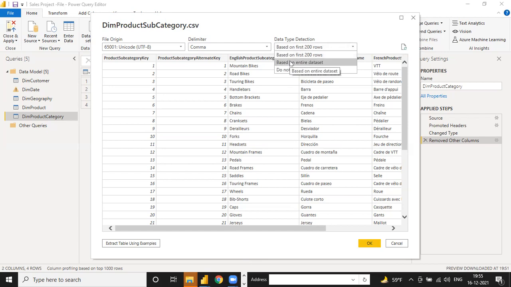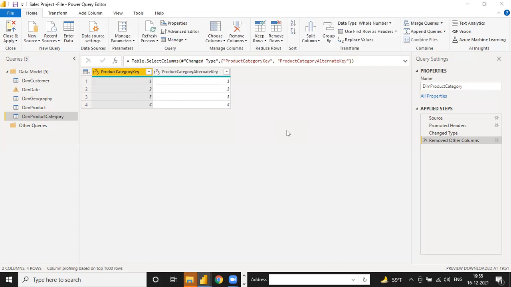No, no, if you select only 200 rows, it won't affect your data. It will load the entire data. It's just a preview of your first column. Suppose the data type of the first column is whole number, then the complete column should be a whole number, and then you can check in Power Query whether the data type is correct or not. That's all. If you select the entire data set, you can check that way too. Okay, so both are the same. Nothing is different. Just click OK.